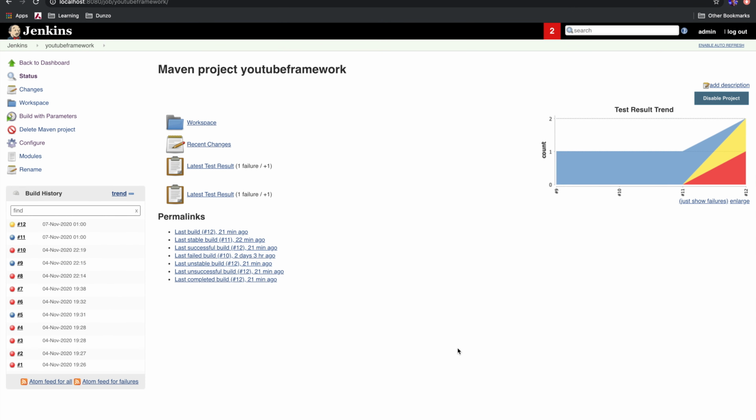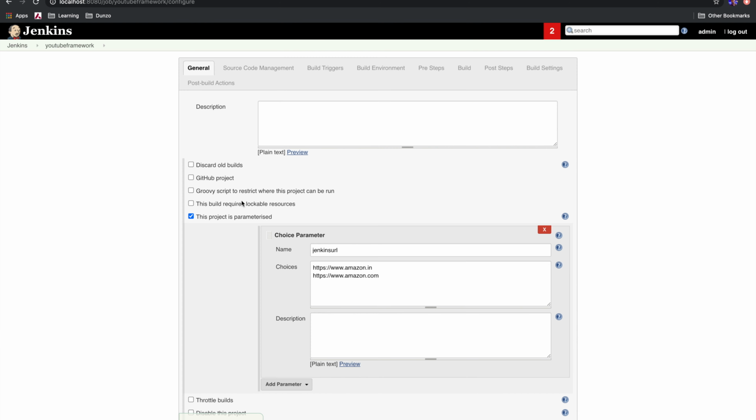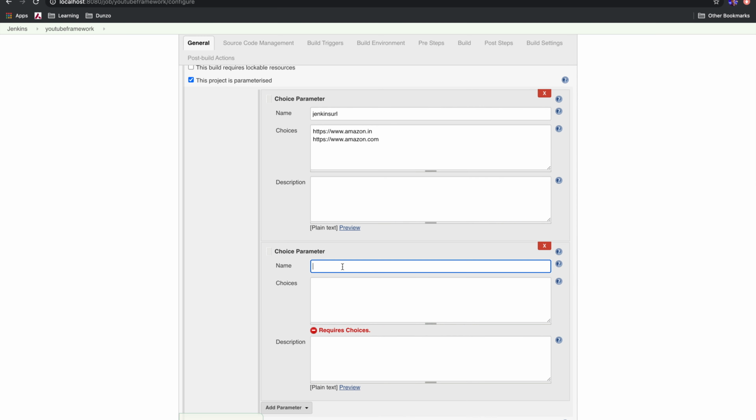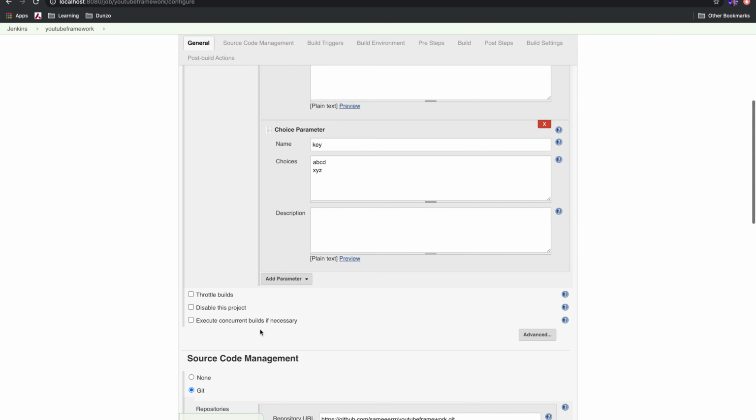So similarly, if you want to parameterize another value as well, you can just go to configure, and again you can add another value here with the choice parameter. Let's say it's any key, and then you can add the values ABCD and then XYZ here, and that's it.